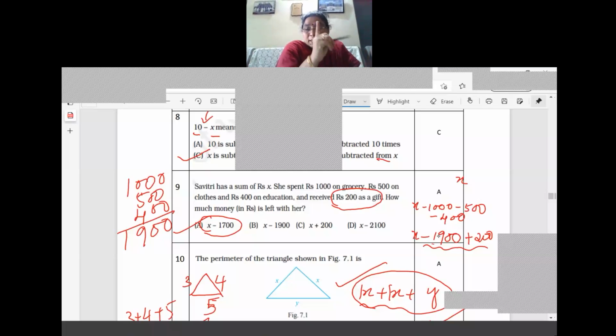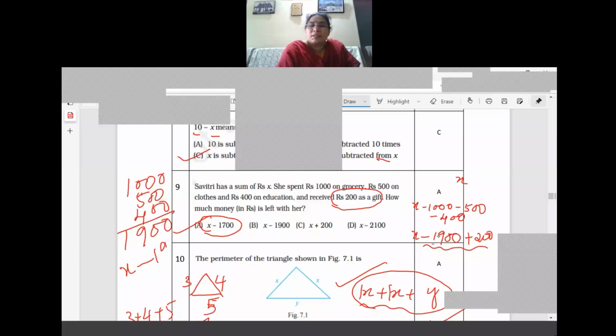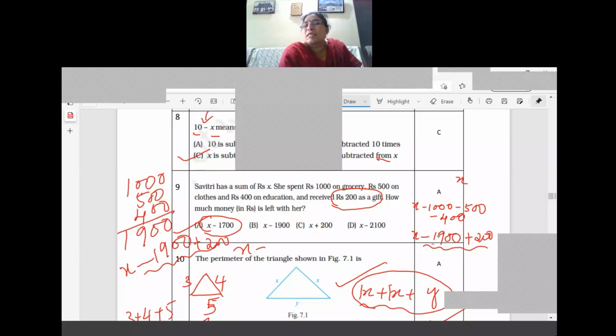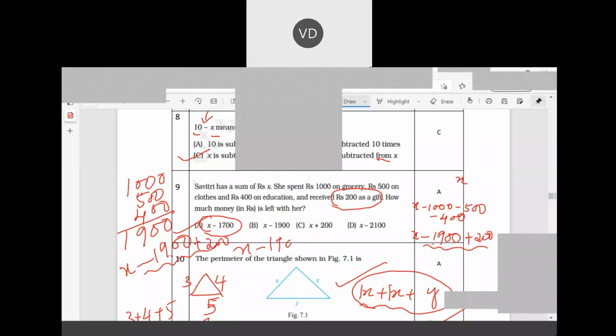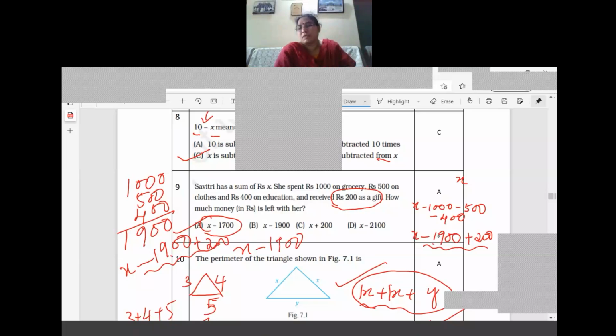So what is the equation we are having first? From the amount, think of that 10 rupees example, from the 10 you deducted 7 first. So instead of 7 we are having 1,900, right? Then I told that after 10 minus 7 you got 2 rupees as a gift. We got here 200 rupees as a gift. So only solve the number part. Since the negative number is greater, you will get x minus 1,700. So she lost only 1,700 because of the 200. Understood now? I hope you understood now.